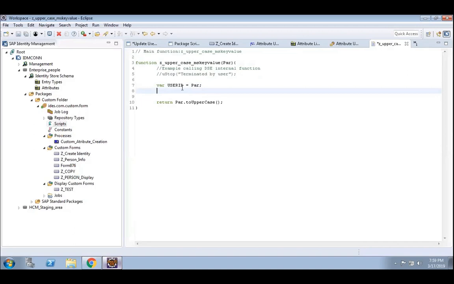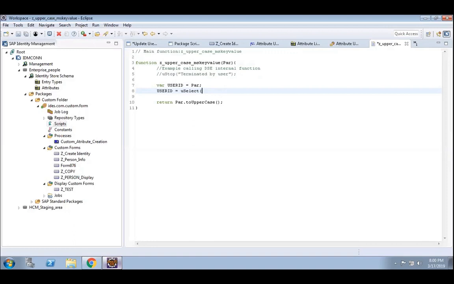User ID equals uSelect, bracket, select the MS key value. I am not taking from any table. Getting my point? I am not taking any table. What I am trying to do is make it uppercase.